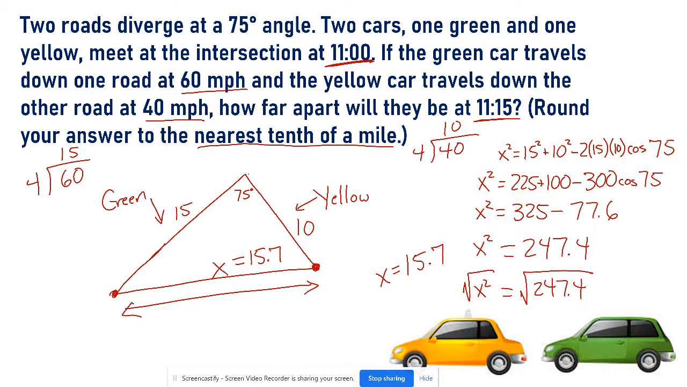It looks a little weird, looks a little cumbersome, but it's really just plugging a bunch of stuff in the calculator. Just make sure you don't forget any of the pieces. Make sure you've got the two sides squared and added together, and then make sure you have the minus 2 times the two sides, and then make sure you have the cosine of the opposite